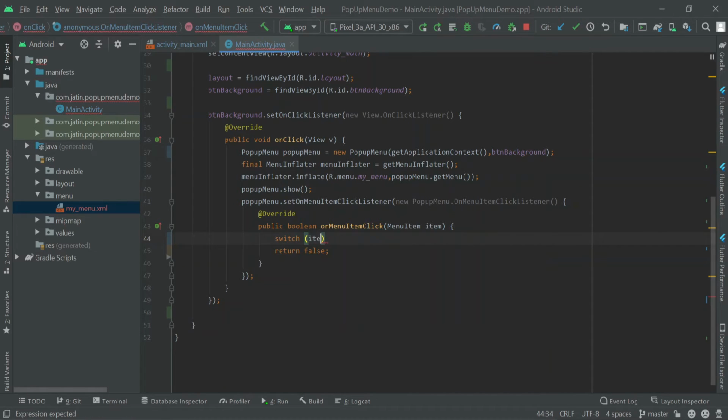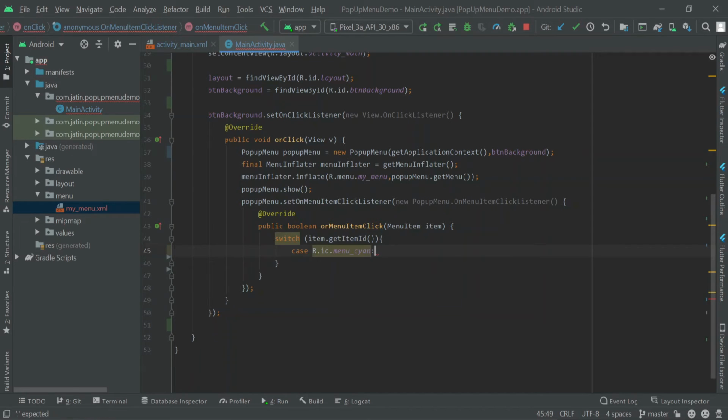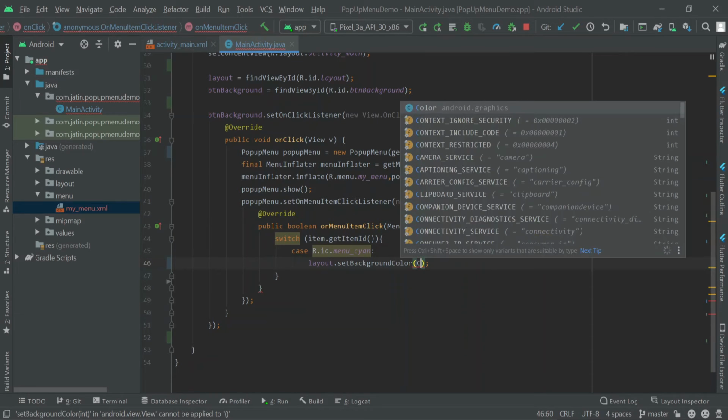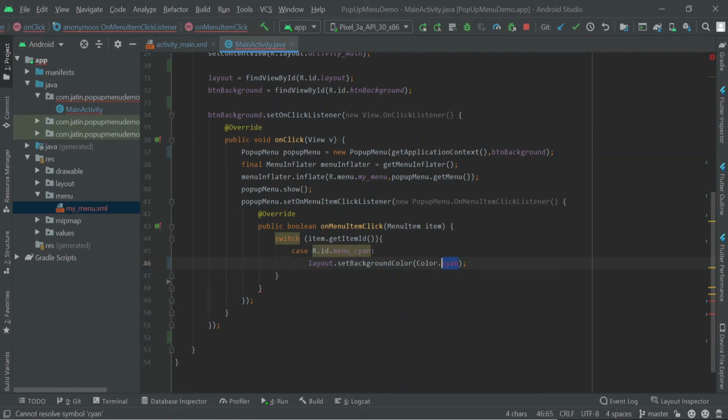Switch on item dot get ID, and according to the ID we can choose what to do. Just add the cases. If the case is R.id.menu cyan, then layout dot set background color, Color dot cyan. You can use this constant from the Color class, and you can return true as you have handled it.